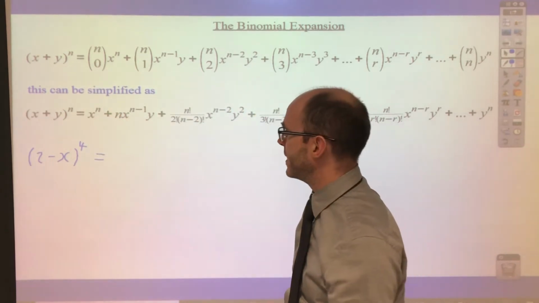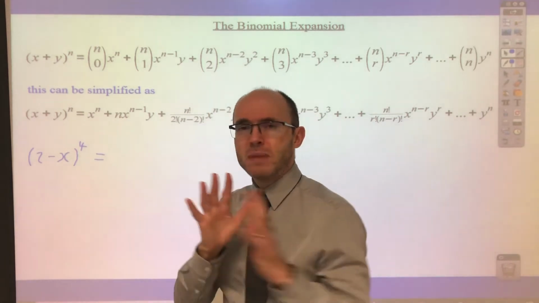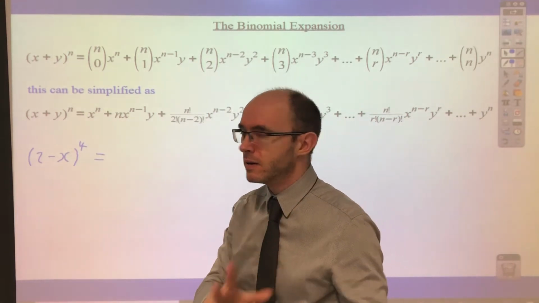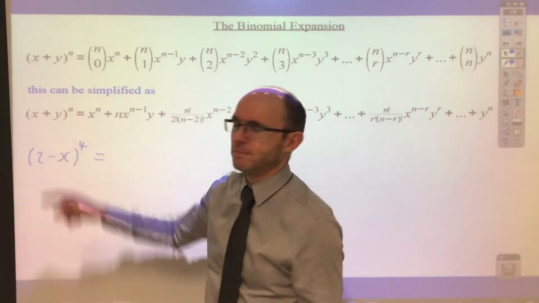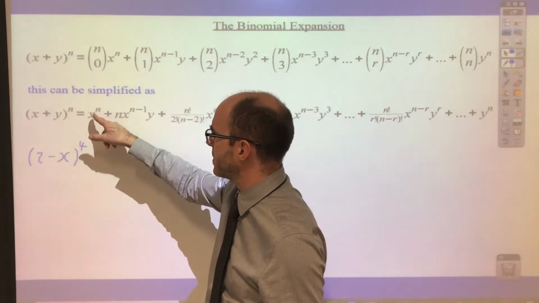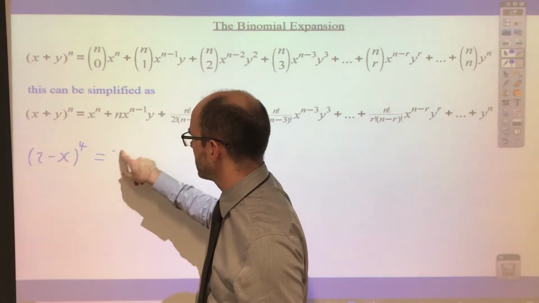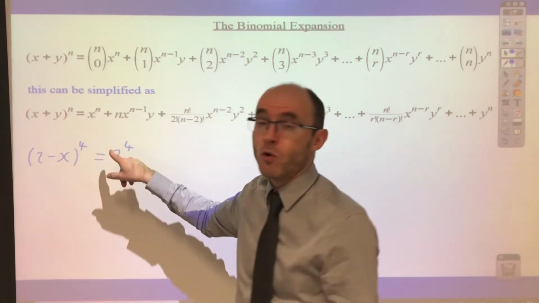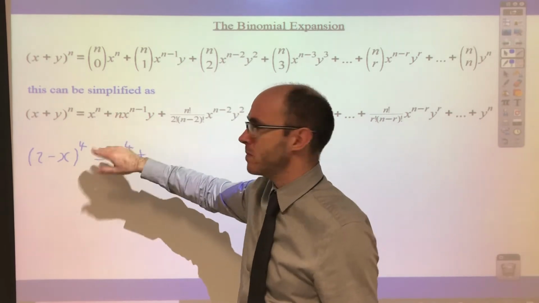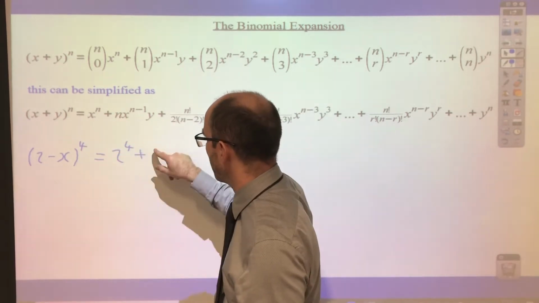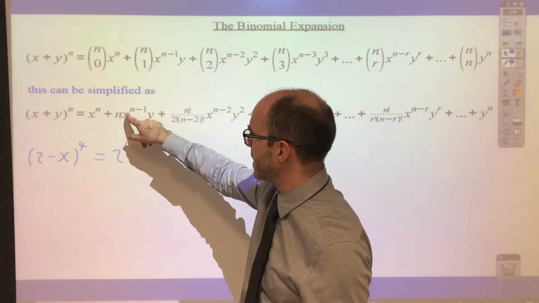Okay, just 1 n. So let's just do this. Now, make sure you get the order right, okay? The 2 is that one, and then negative x is that one. So when you're doing it, this term is going to be 2 to the power of n, which is 4. Okay? Then plus, right, n, remember I'm using this line here, n, which is 4, multiplied by the x term,